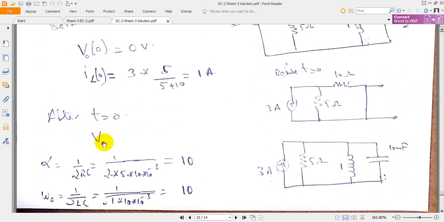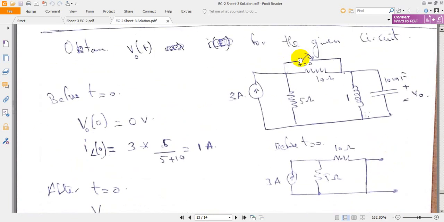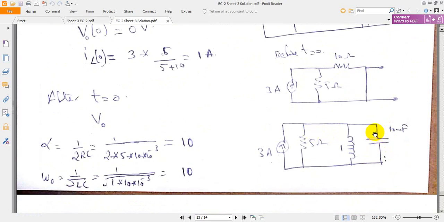After t is equal to 0, we need to evaluate V0, voltage across this. After t is equal to 0, as it is shorted, this will be shorted. When this is shorted, it is like this. We can observe that we have C, L, R, all in parallel, connected with a supply. It means it is an RLC parallel circuit connected with an excitation. When it is connected to an excitation, we call the response in the RLC parallel circuit a forced response, for which, as it is an RLC parallel circuit, we need to evaluate the damping condition.